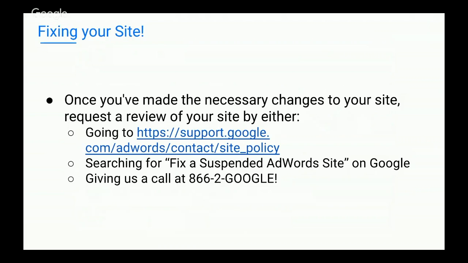One thing to note is that the review queue is the same if you're going through the Google support team, the AdWords support team, or if you submit it yourself externally. So you're not necessarily going to have a faster result going either way. It all goes into the same queue.